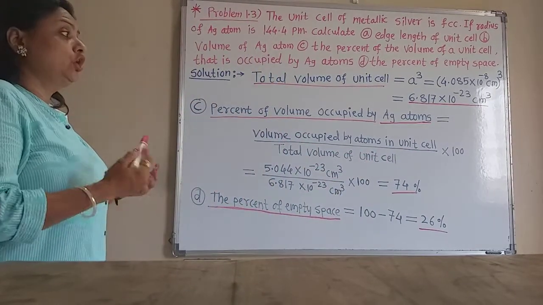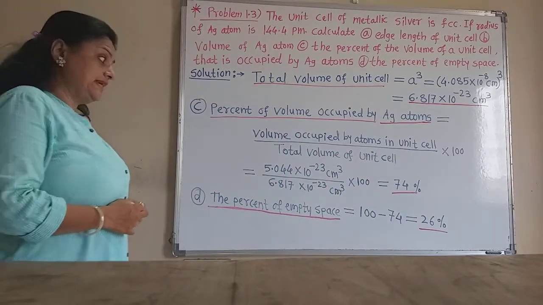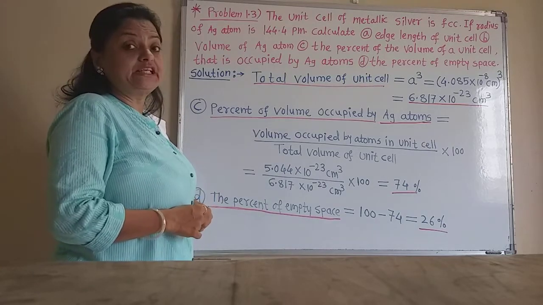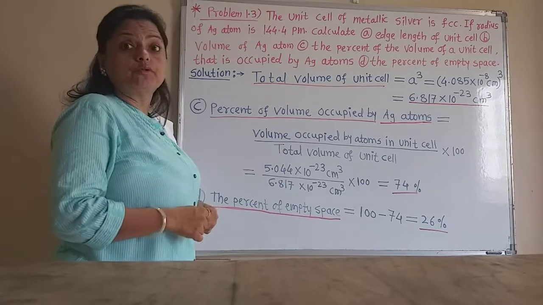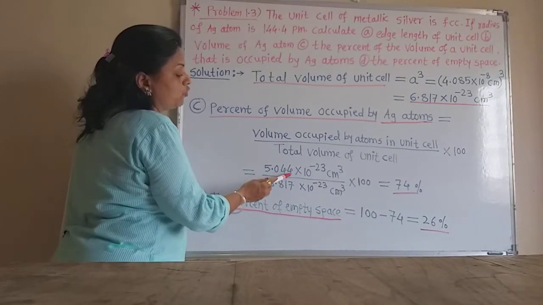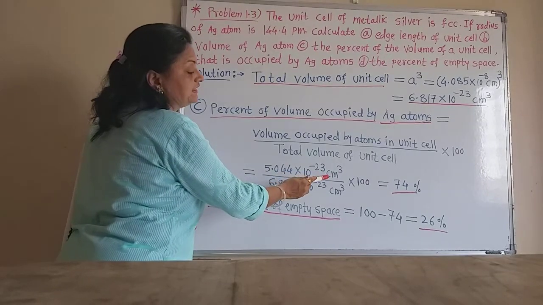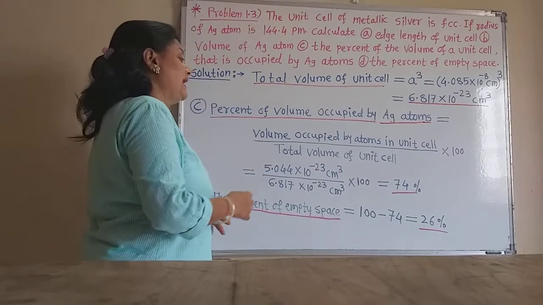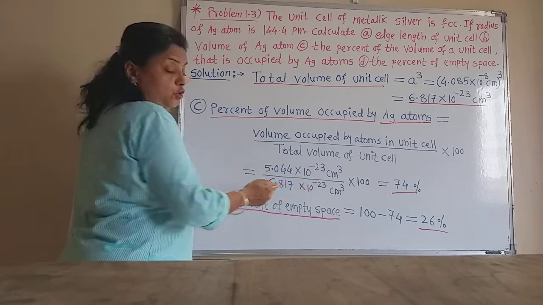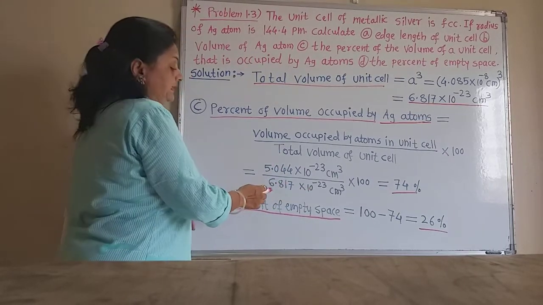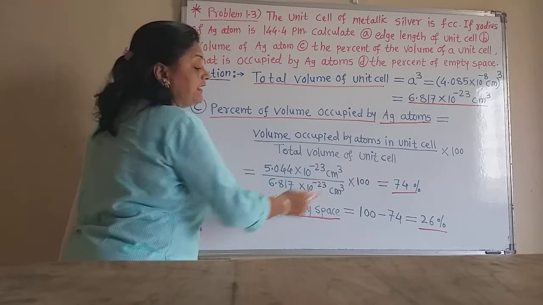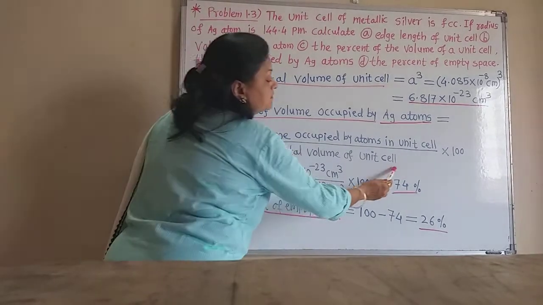Now the volume occupied by the atoms we calculated just by multiplying the 4 atoms of silver into the volume of the one atom, and that value is equal to 4.044 into 10 raised to minus 23 centimeter cube, and divide this value just by the total volume of the unit cell, that is 6.817 into 10 raised to minus 23, into 100, and this value comes,